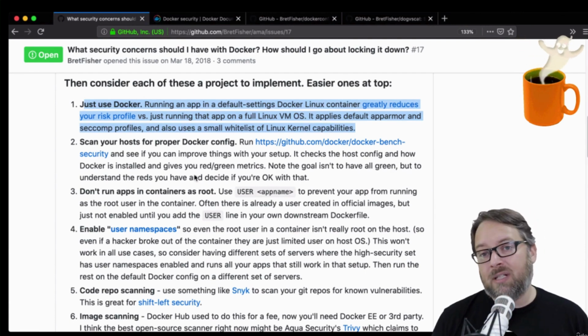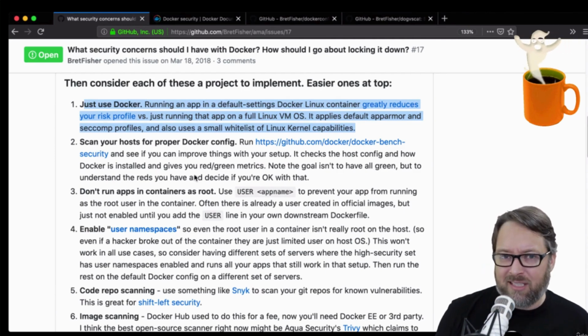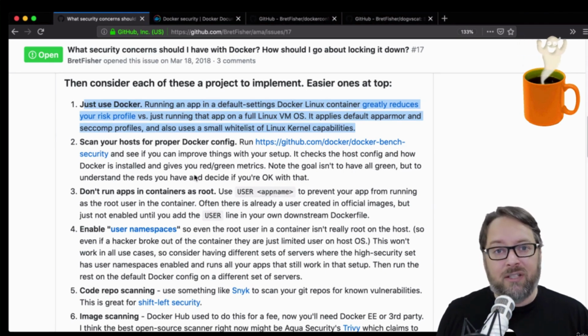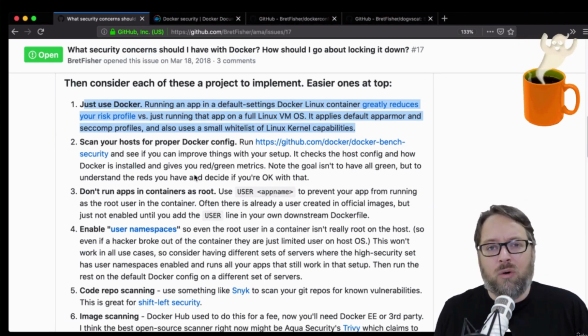But those four things, especially AppArmor, seccomp, and Linux capabilities, are enabled out of the box for every container you run, which is why sometimes with certain applications you have to run them with --privileged mode. That's because those defaults are conflicting with whatever that app wants to do, because the defaults that Docker sets are common for most applications to work correctly.